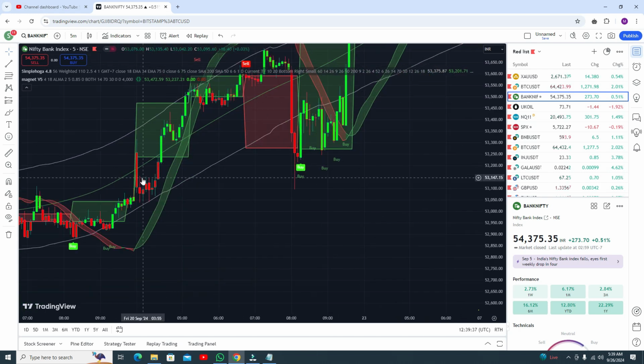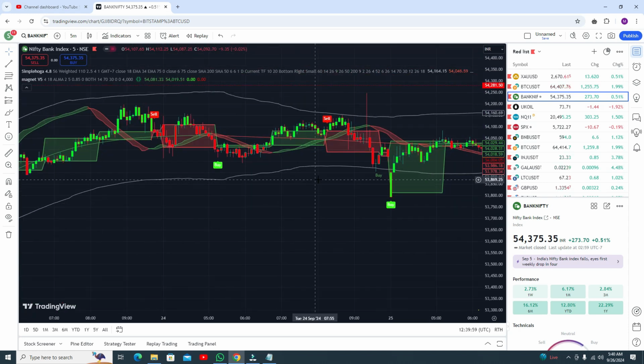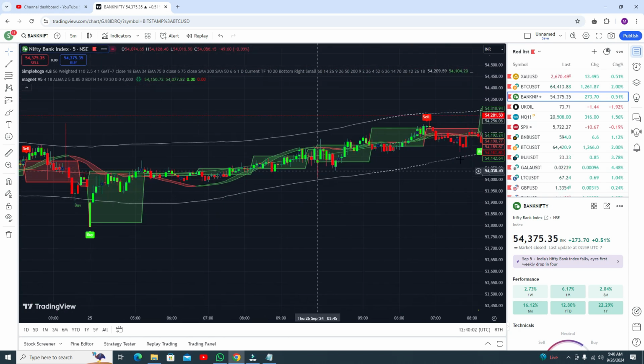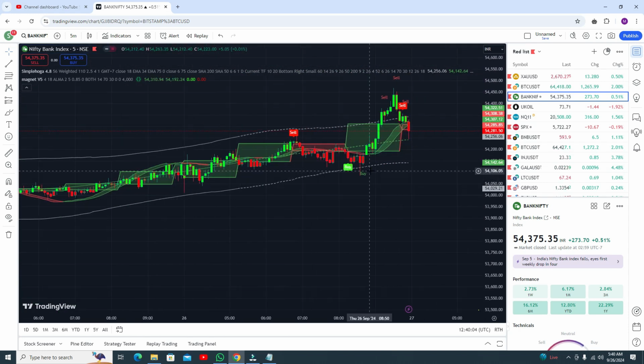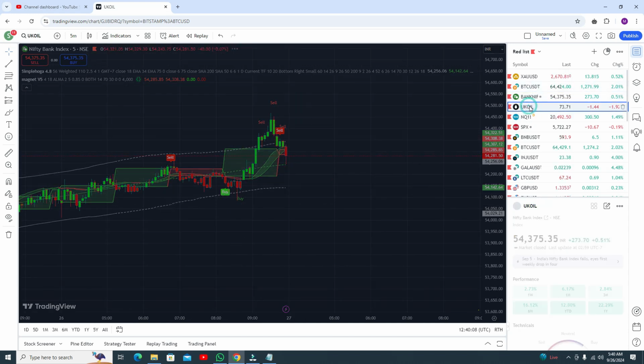Okay, I do not need to tell you, all things are very crystal clear on your screen. Okay, this is the RSI overbought condition. You got both buy signals, and the shadow is green, so you need to go for the buy trade, and you need to book your profit at this point. Okay, so now you can see the results in Bank Nifty as well, because it worked perfectly on all pairs. Okay, you can watch, the accuracy is awesome. So let's see the results in UK oil and Nasdaq.